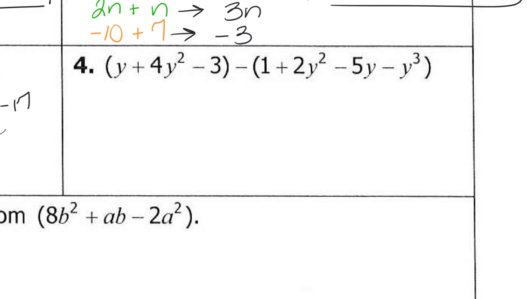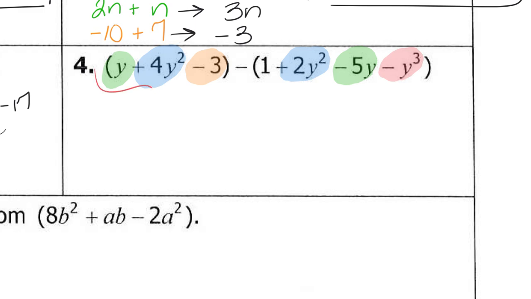Again, start highlighting all of your like terms. We have our quadratic term, our linear term, and our constant term. I like to write mine in standard form ahead of time, kind of like the color coding. So if I look in my first set and I look in my second set,